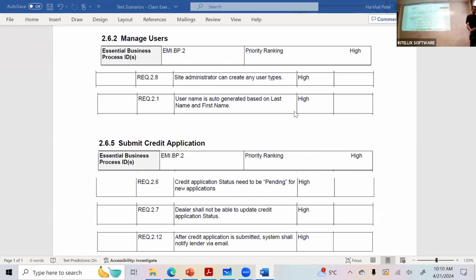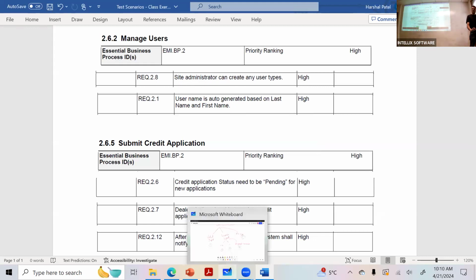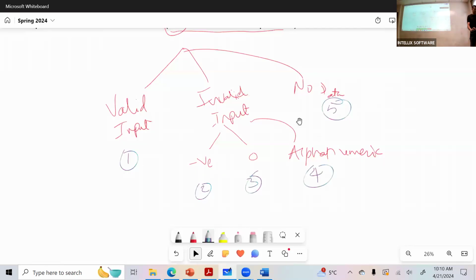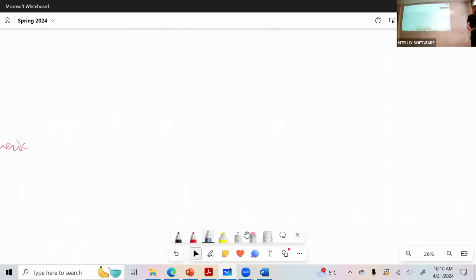All right, so let's talk about 2.8, which is: site administrator can create any user types. Okay. So who wants to explain what you came up with? First, valid username.